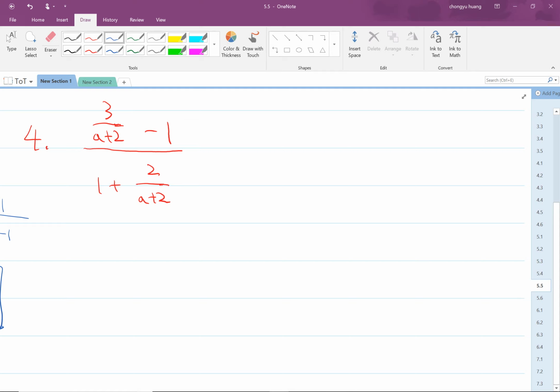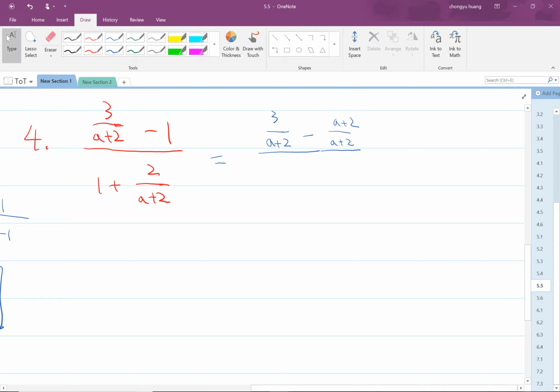Okay, so the thing over here is that you have to do those additions and the subtractions and then make those terms into one term. So what we're gonna do over here is basically write down 3 over a plus 2 and then we minus 1. So 1 is basically a plus 2 over a plus 2,